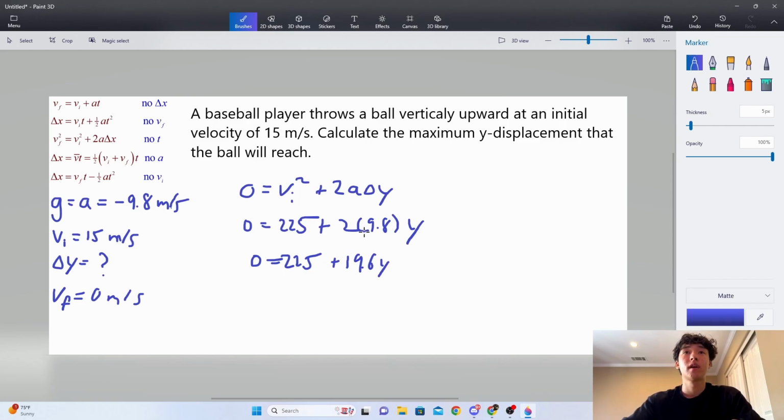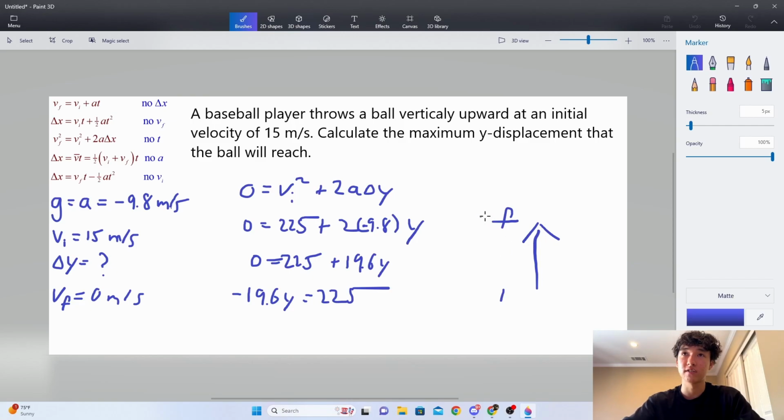Now, look, we are running into a little bit of an issue here, because I should have said, like I said, sometimes this should have been negative. This 9.8 is negative, right? It's negative 9.8. And basically what happens here is because we're going up, now this is our final and